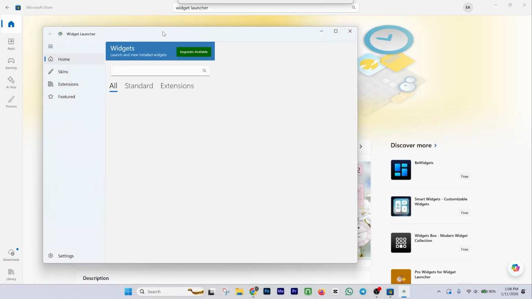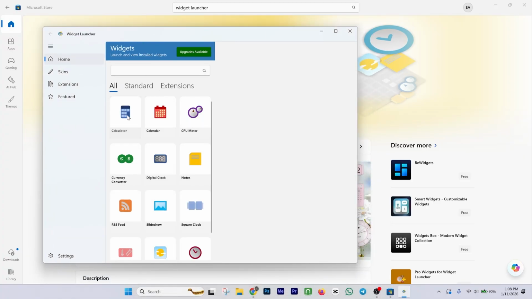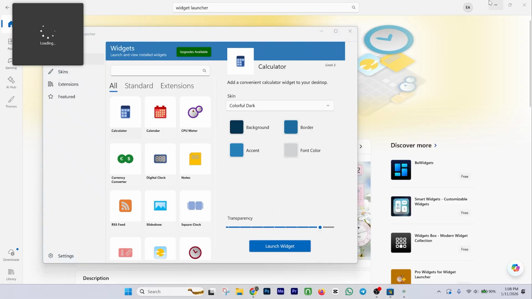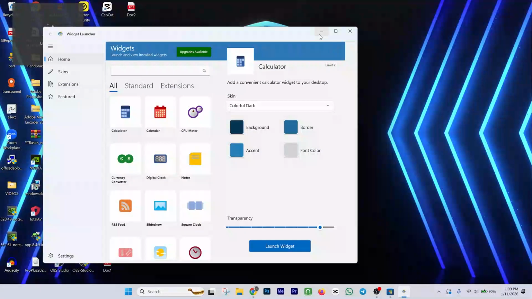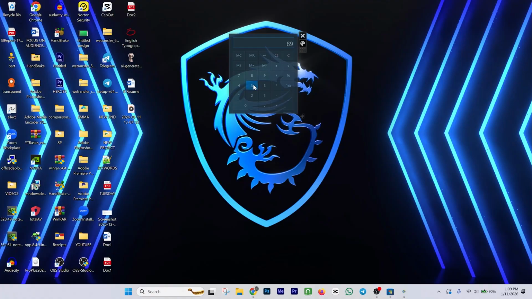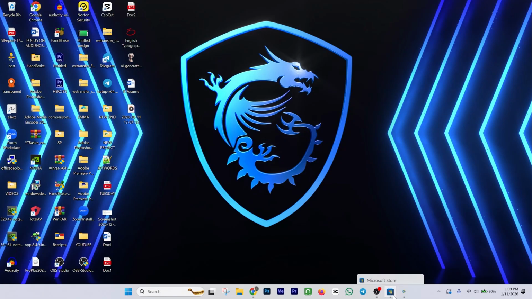Now press on the widget you want to add to your desktop. I'll press on the calculator for this example and press on Launch Widget. As you can see, the calculator is being added to our desktop. Now let's close this calculator and try another widget by going to the Widget Launcher app again and selecting an